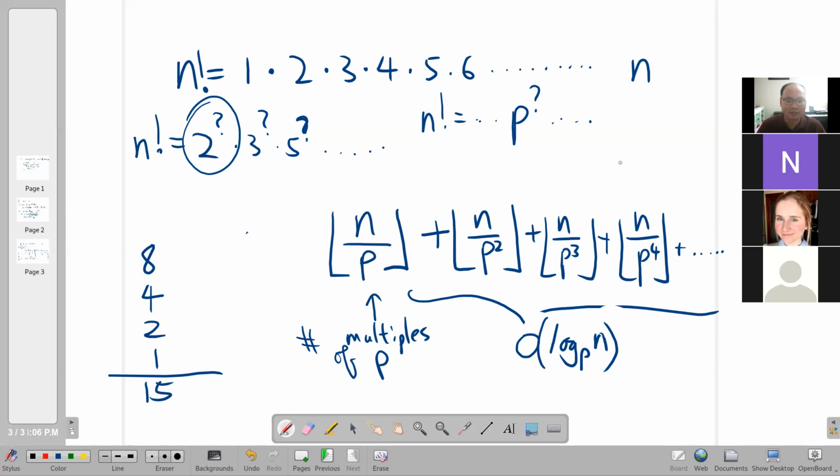So you can easily compute the number of times the power of prime p divides into n factorial with this formula. And it's basically a sieve. Sort of the same idea as a sieve. And I'll show you the code later on how to compute this. So if you can do this,